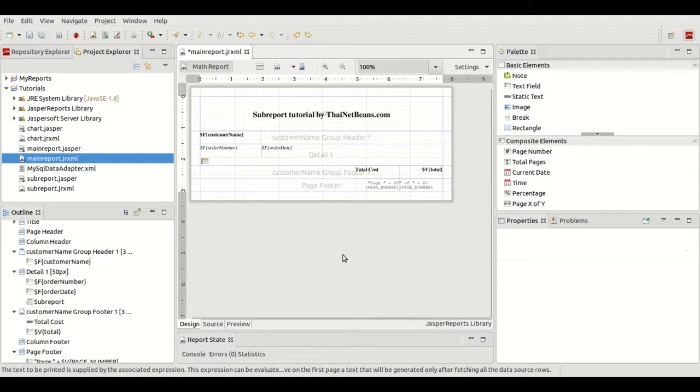As I mentioned earlier, the timing order is from top to bottom. When we move data from group footer to group header, we will find that data becomes null